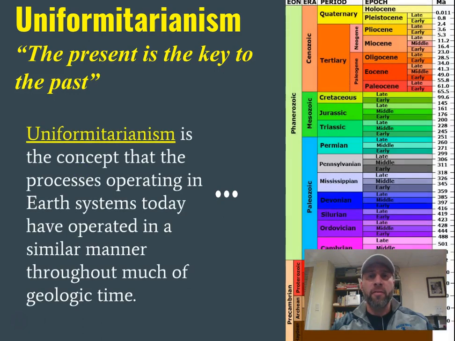Now, to flesh that out, what that's really talking about is, no one was around 300 million years ago to write this stuff down or to take rock samples. So how do we know this stuff from the past? It's based on this idea that the processes that are happening on Earth now were the same processes that were happening 300 million years ago or 1 billion years ago.